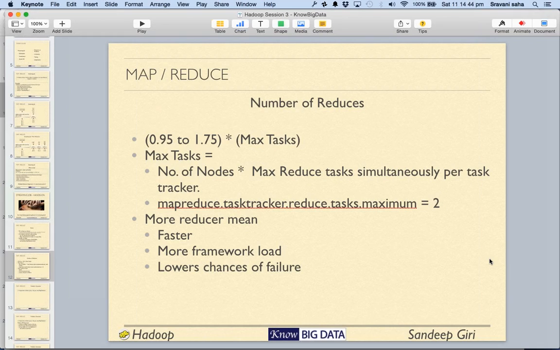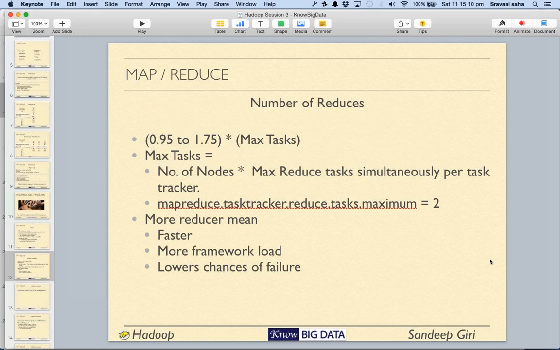That's an arbitrary or maybe empirical number the Hadoop guys came up with. So if you have a factor of 0.95, that means fewer reducers. If you have 1.75 times the max tasks, that means more reducers, and the overall work of reducers may